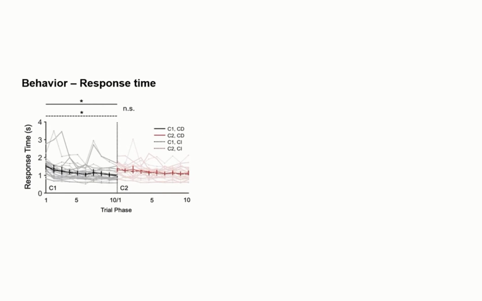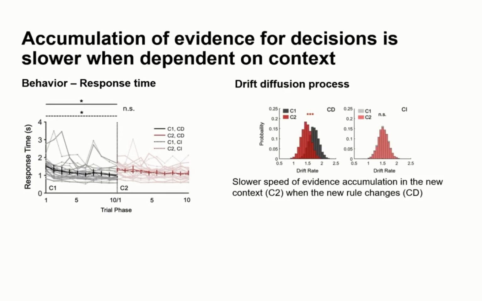Interestingly, we found no significant difference in the amount of time participants took to reach a decision, regardless of whether it depended on context or not. However, while speed is one aspect of making a decision, accuracy is another important aspect, particularly important here for maximizing rewards. When we model decision-making as a drift diffusion process that depends on both response time and choice accuracy, we find that the speed of accumulating evidence actually differs for CD and CI decisions. Specifically, the drift rate is slower in the new context for CD decisions, shown in the left distribution plot. C2 is when the rule is reversed and conflicts with what had previously been learned in C1